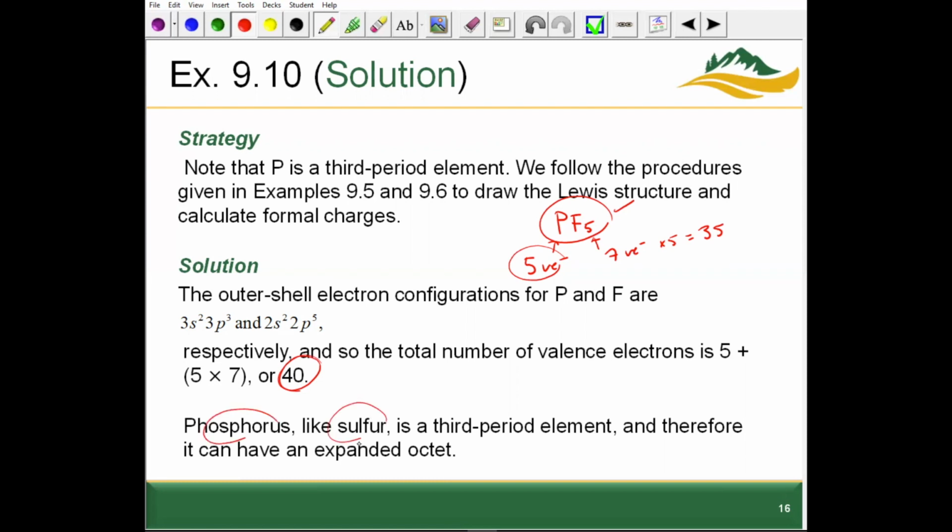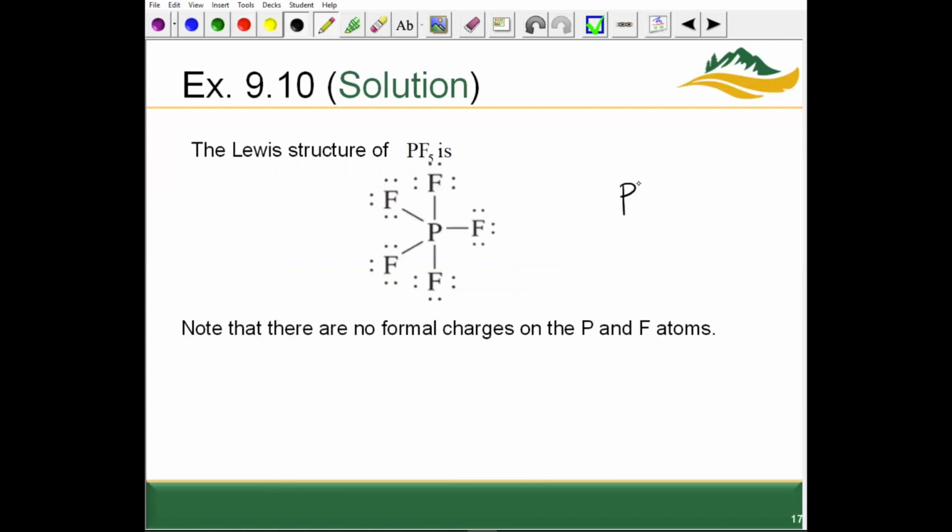Phosphorus is similar to sulfur in that it can have an expanded octet. Phosphorus is in the 3rd row, or 3rd period, meaning it'll fill n equals 3 shells. That means it has the possibility; it has to be n greater than 2 to have an expanded octet. So because it is a period 3 element, it has shells of n equal to 3, and phosphorus could be okay with an expanded octet. So if we draw the less electronegative atom in the middle, and then we draw the